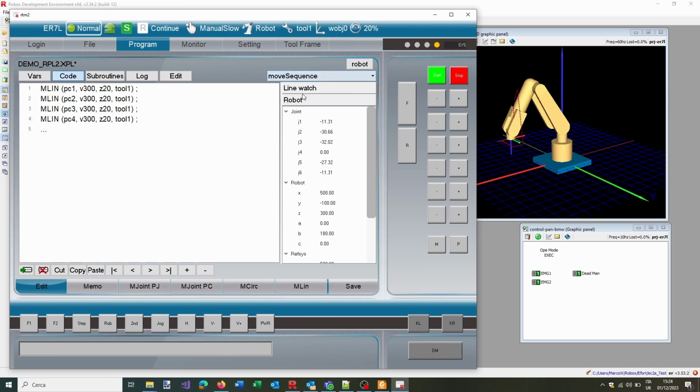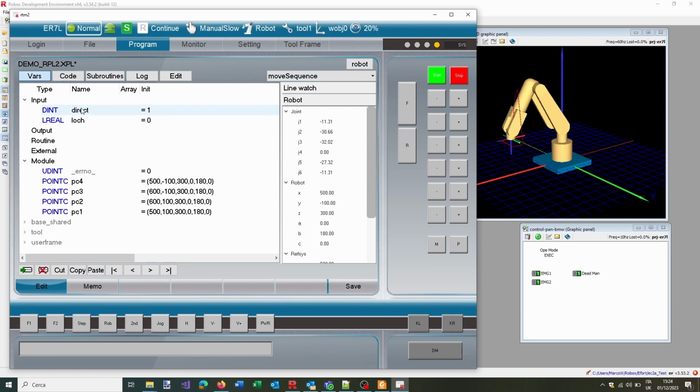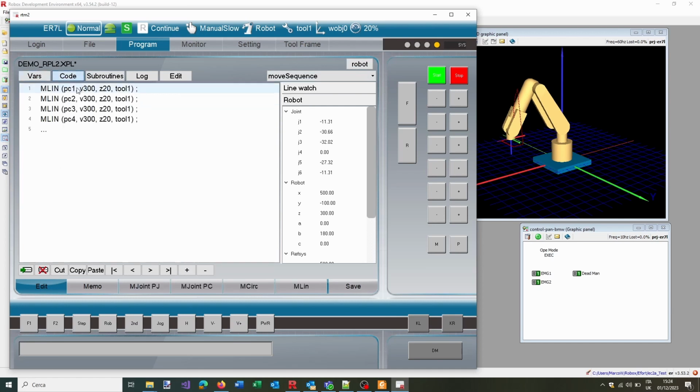So let's go to the move sequence and take a look. We have direct and we have a local height. So we need to go to the code and check. First of all, we need the points with the offset. The best way to play with RPL is to create some points as referred to the others. So these four are the main points, and every time inside the subroutine we would like to create some local points which